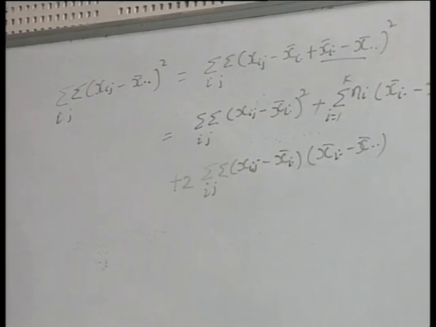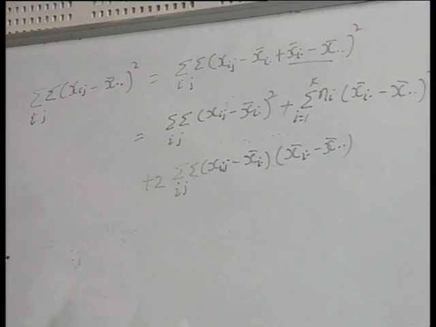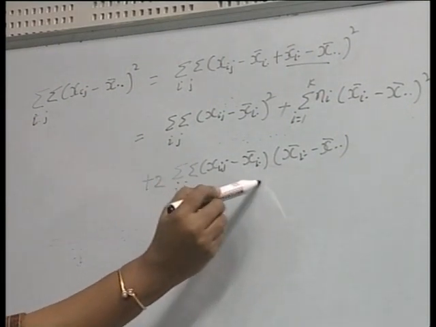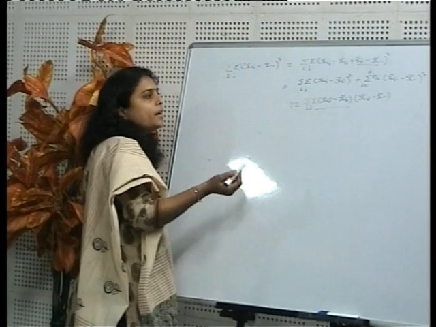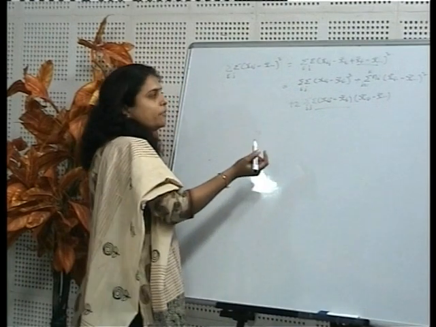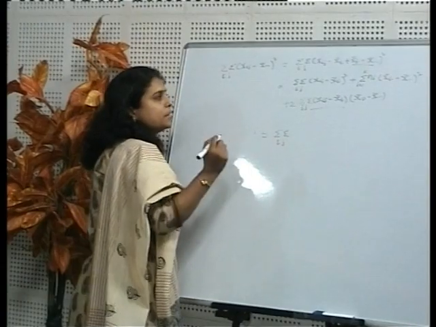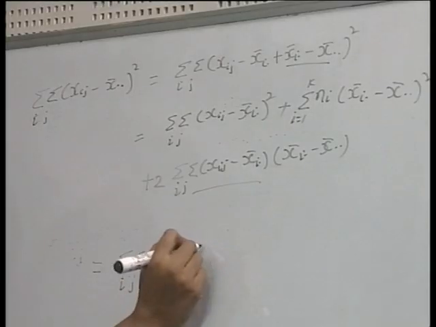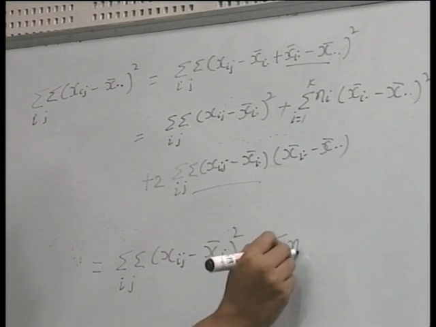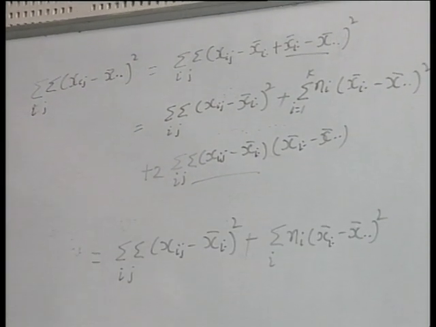Now as we have seen, this xij, when it is taken over j, is nothing but xi dot bar, or in other words, it is the deviation of the observation from its mean. And as we all know, the deviation of the observation from its mean is always 0, hence the product term will vanish, and ultimately we get the remaining two terms, that is double summation xij minus xi dot bar whole square plus summation over i ni xi dot bar minus x bar double dot whole square.